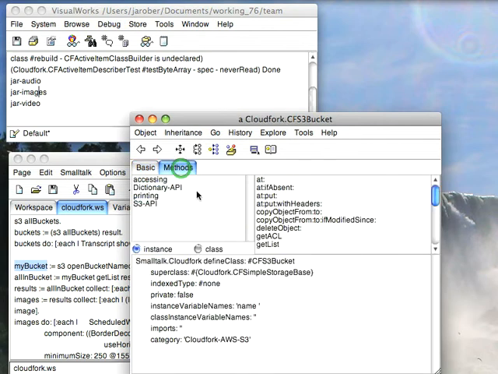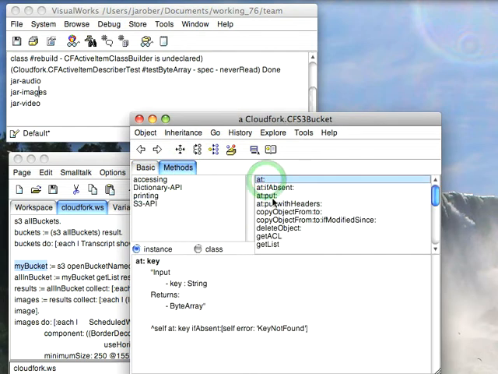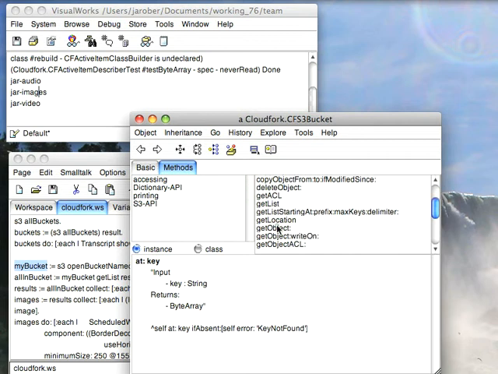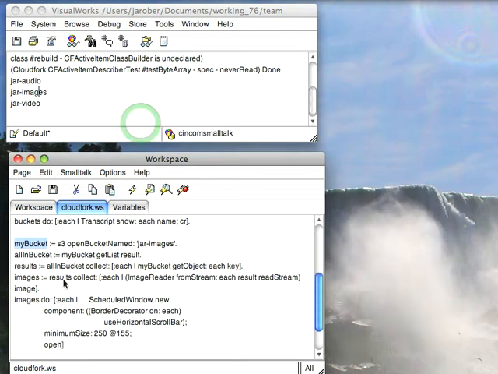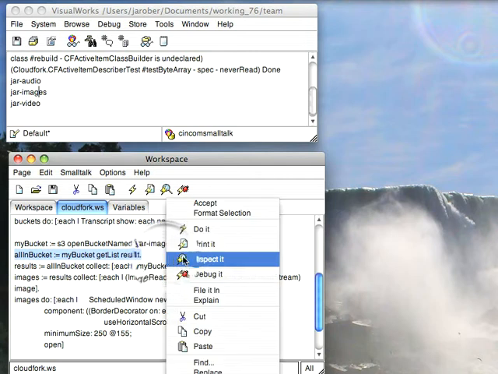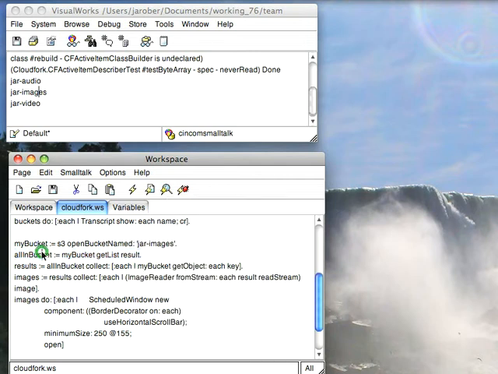And if I go again to methods, I can go and grab it by key name. I can do a get object. I can delete the object. Again, fairly simple API for accessing this. So let's go ahead and get all of these things by doing this, and that gets everything that's in the